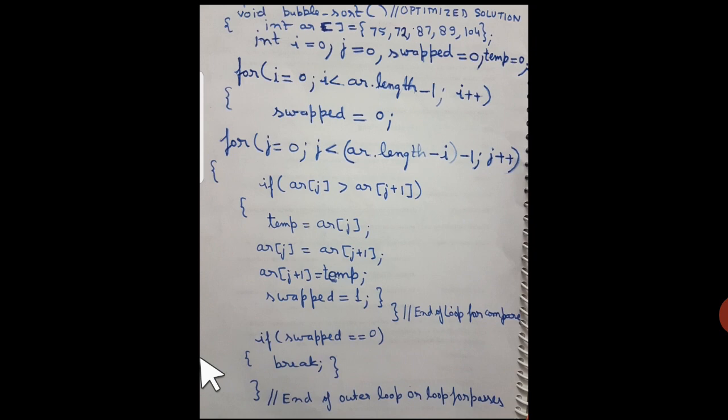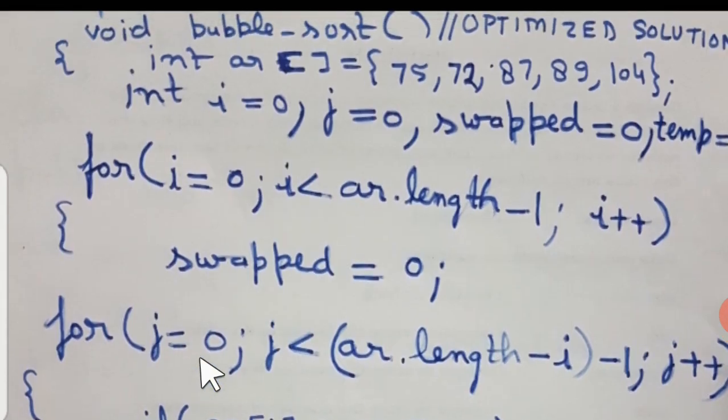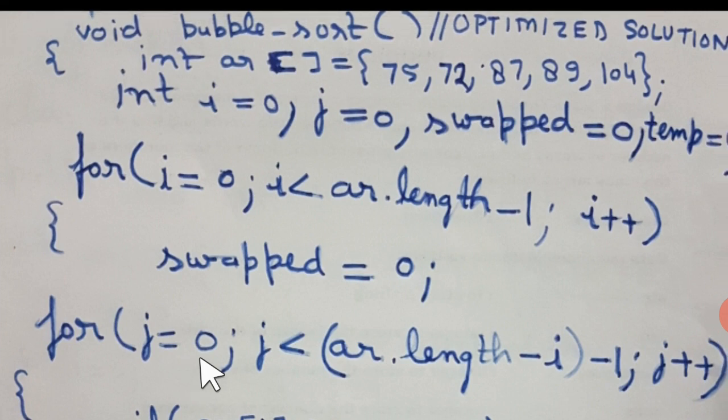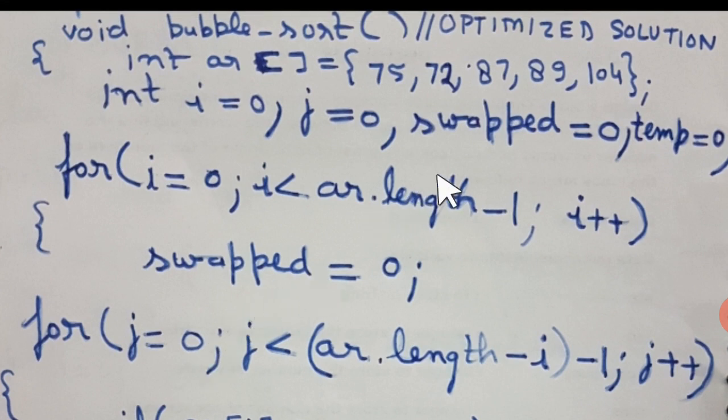After that, one question very often comes to students' minds: when the array which we are going to sort has very little unsorted data, not the entire array is unsorted, or we have got the entire array completely sorted, now unnecessarily we are running the loop. It is time consuming, and it consumes memory also. So what can be done in that case? Students, that is why I have given an optimized implementation of the bubble sort here.